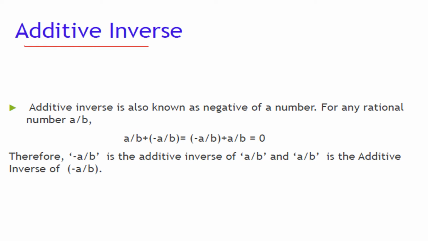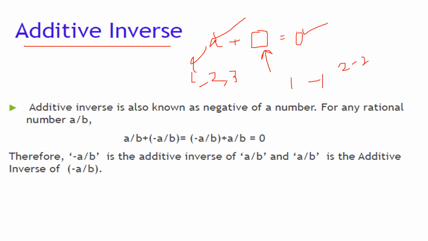Additive inverse, as I have told you, of any number a. Suppose you have any number a. It can be any number, 1, 2, 3, whatever you want. It is a general number a. What should be added in a to get 0 as the answer? Additive inverse is that number which, if you add to the given number, the answer is 0. So just let me know, what will you add in a? Very simple. In 1, what will you add? Minus 1. In 2, what will you add? Minus 2 to get 0. Similarly, in a, you will add minus a to get the answer as 0.